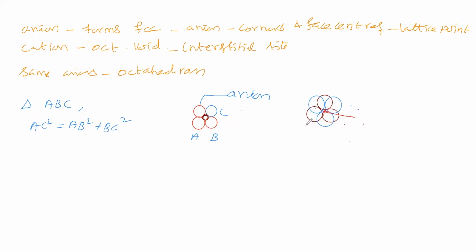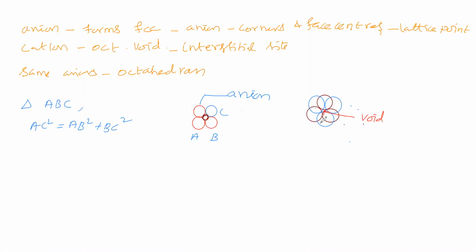Is it a void? If it is void, which void? To get the octahedron, how many layers we have to consider? 2 layers, no? So if it is void, what is the name of this void, do you say? Will you say octahedral void or tetrahedral void, or what void will you say? To get octahedron, how many layers we have to take? 2 layers. In each layer, how many spheres we have to consider?